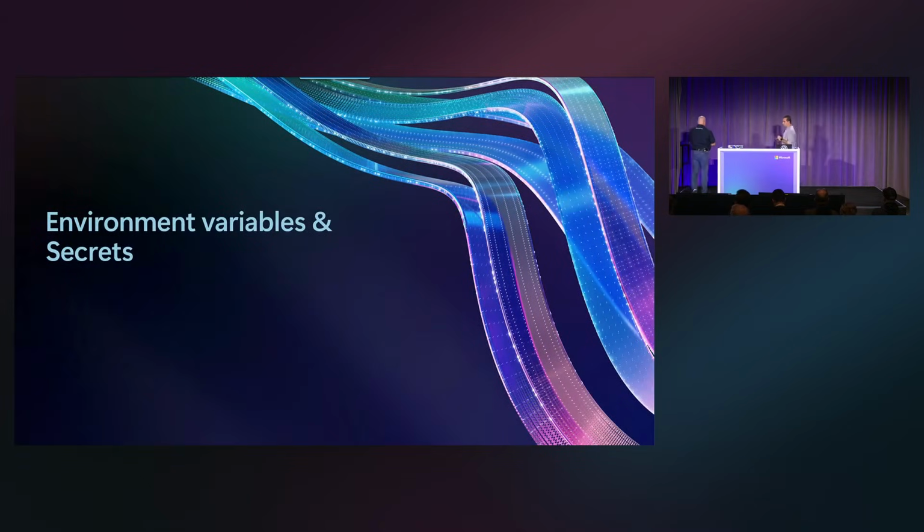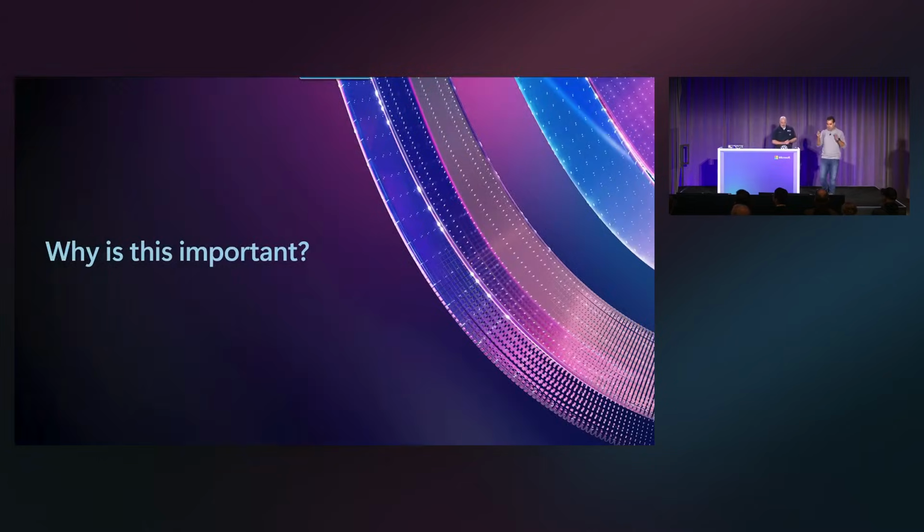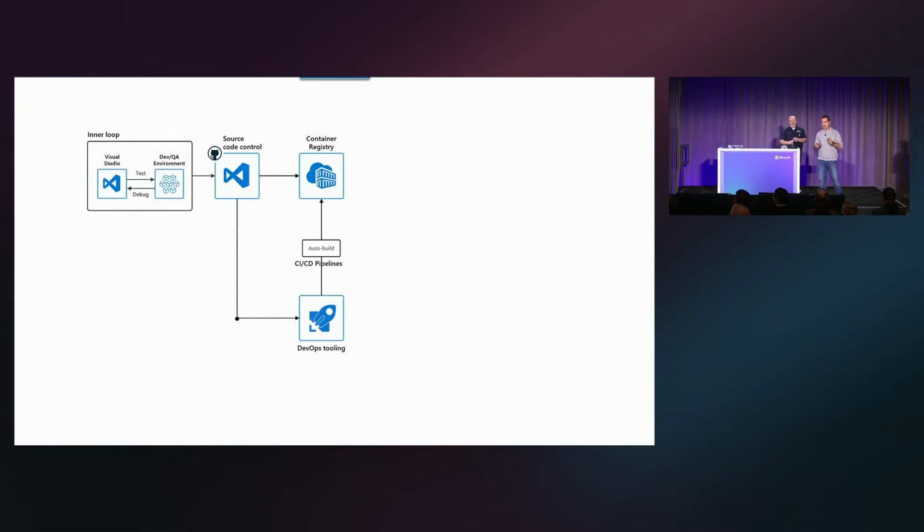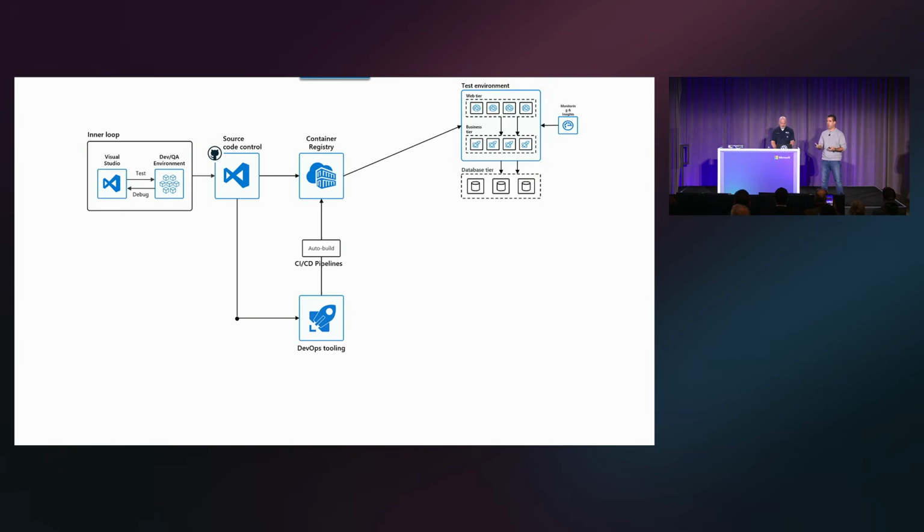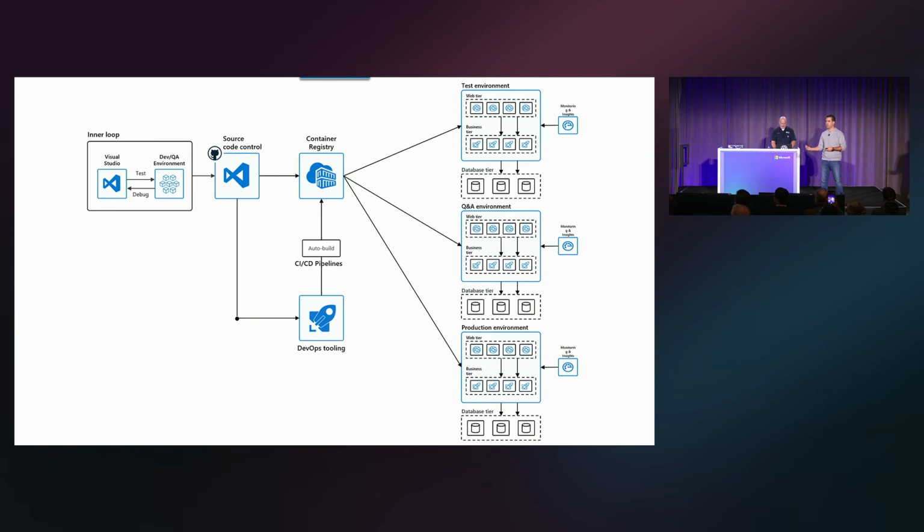All right, so the first thing I want to cover is environment variables and secrets. The reason why we do this, and why this is important, is that I talked about the scenarios where you should be using Kubernetes and the ones where you should not. One of the things we understand as a given when we use Kubernetes is that you can reproduce the deployment process between a testing environment, a quality environment, and the production environment.